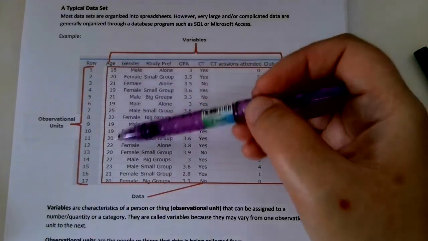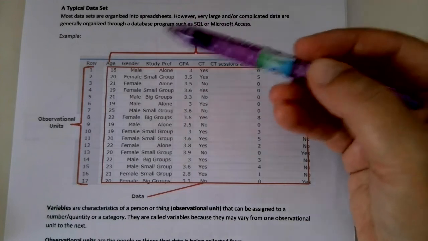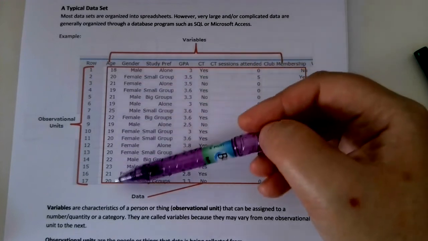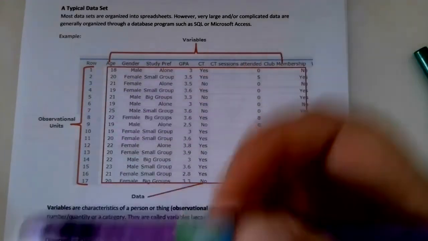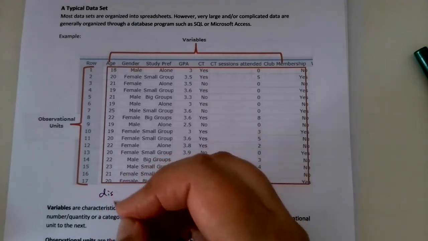So for the age, it is kind of tricky. What we have here are whole numbers. So here I would definitely say this is a discrete data type. Quantitative,